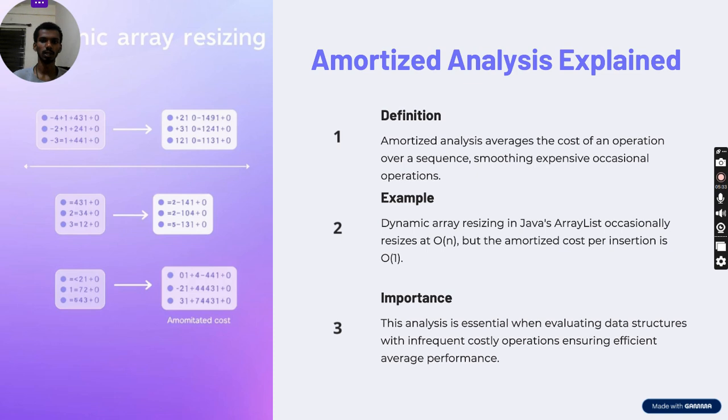Amortized analysis explained. Definition: amortized analysis averages the cost of an operation over a sequence, smoothing expensive occasional operations. For example, dynamic array resizing in Java's ArrayList occasionally resizes at O(n), but the amortized cost per insertion is O(1). Its importance: this analysis is essential when evaluating data structures with infrequent costly operations, ensuring efficient average